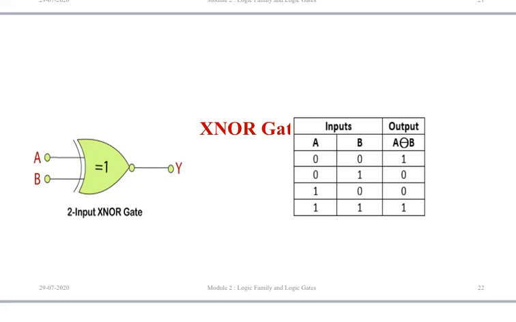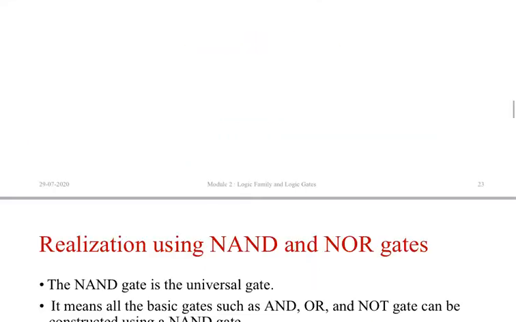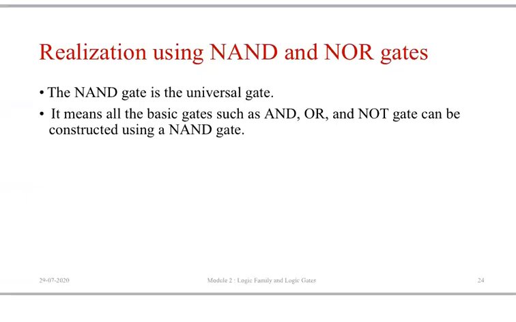So basic gates are there, OR gate, AND gate, and your NOT gate. Then we have universal gates as NAND and NOR, and these two special gates, XOR and XNOR. Out of that, NAND and NOR are called universal gates. So actually that is the next topic. But for that, you should know some relations, how those derivations are coming. Okay, so that we will do a bit later.